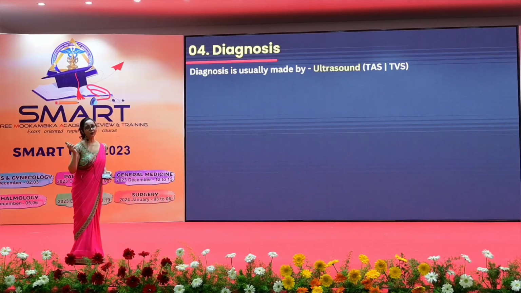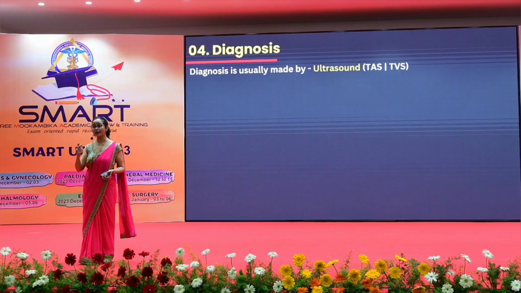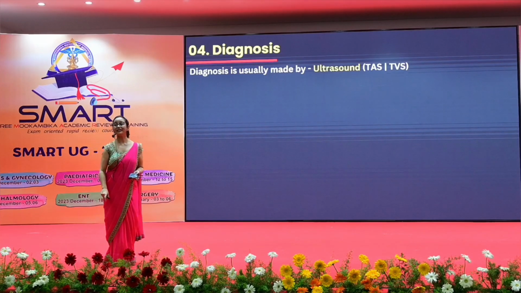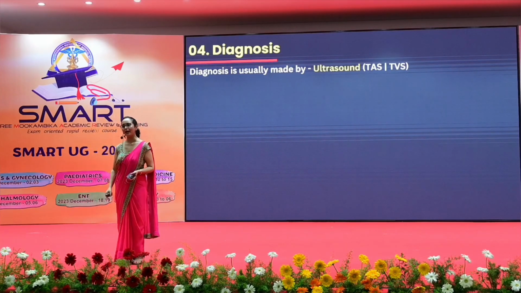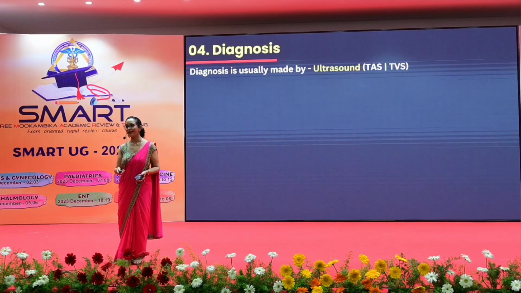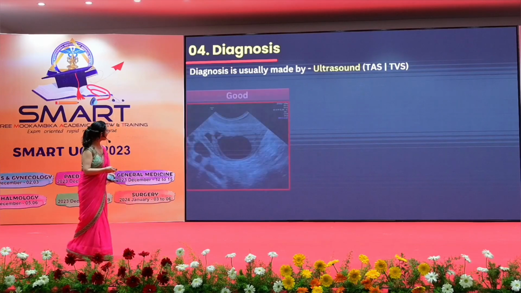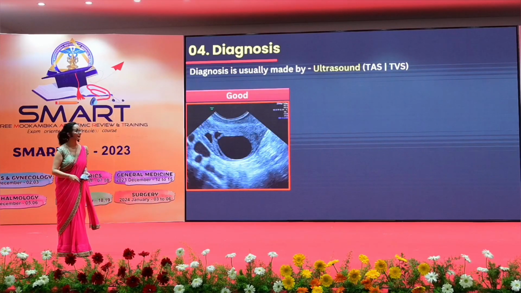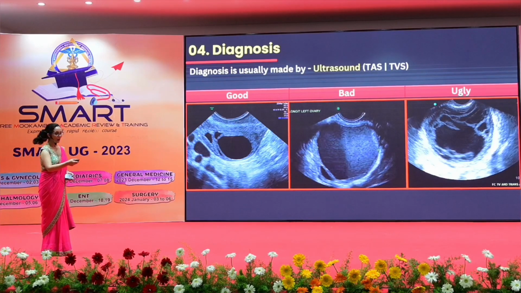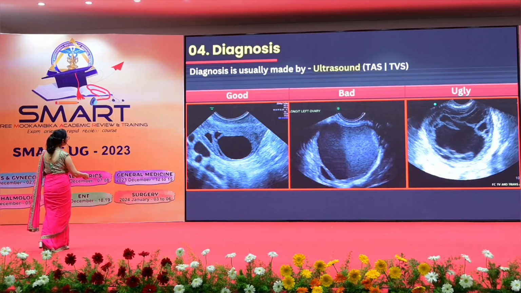Okay. So now, this answer was written here, but what I am showing you now, I'll show you three pictures. It is difficult to diagnose what particular kind of lesion is there in the adnexa, but this thing which we really use helps, and in the exam also you will remember it. Okay? So masses can be of three types: good, bad, and ugly. Okay? Good. What do I mean by good mass?